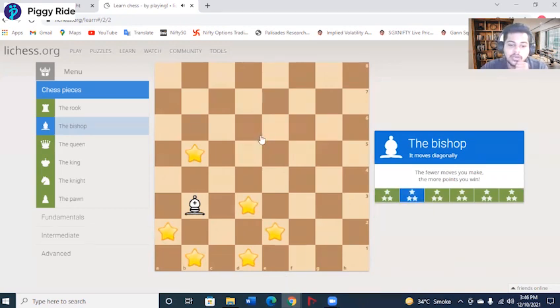Okay, so now the first three moves are very easy. We go bishop to a2, bishop to b1, and then finally bishop to d3. From here onwards, you have two options. Either you can go up diagonally or go down diagonally to capture the stars at b5 and e2. So what would you do after that? Pause the video, think about it, and then finally come back. I do not want to just give away all the answer to you guys. I want you guys to think. All right, so first, let's complete these three, the ones I told you.